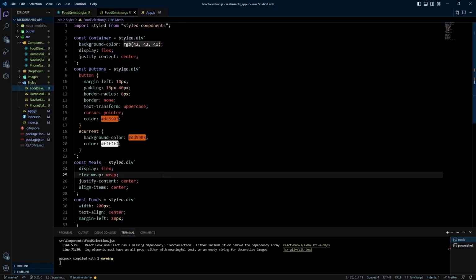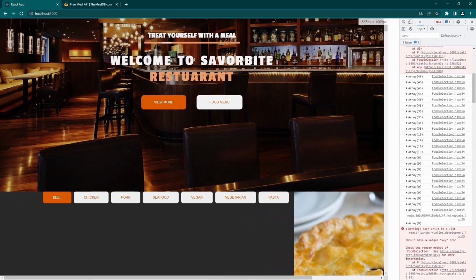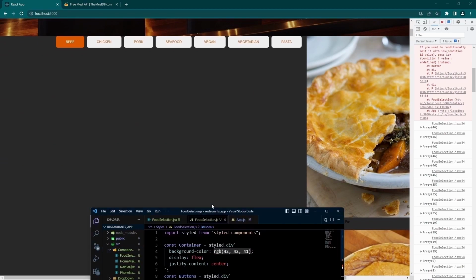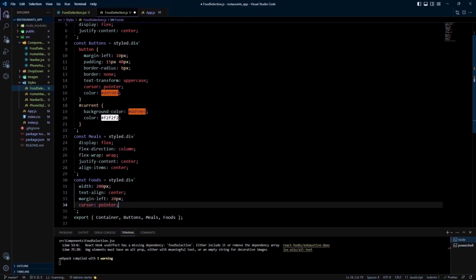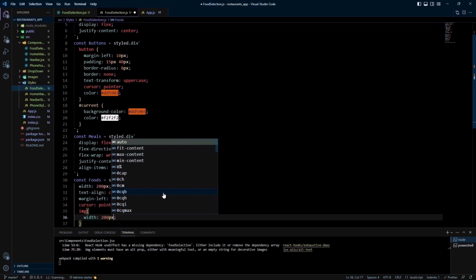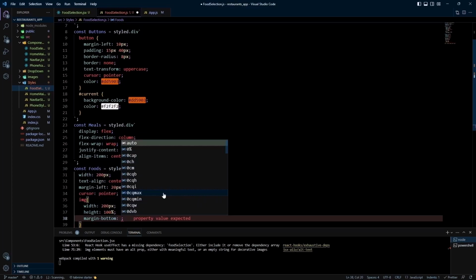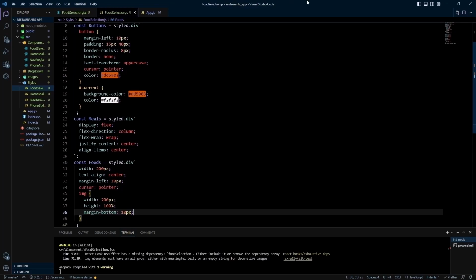Okay, maybe we should add flex direction column to it. And you have a cursor pointer on it because we don't want it, and click on the image. And then we got an image tag to grab an image with width 200, height 100%, margin bottom maybe another 20, and then it's